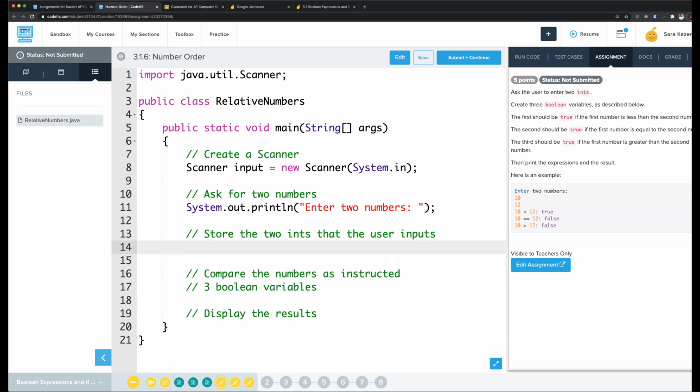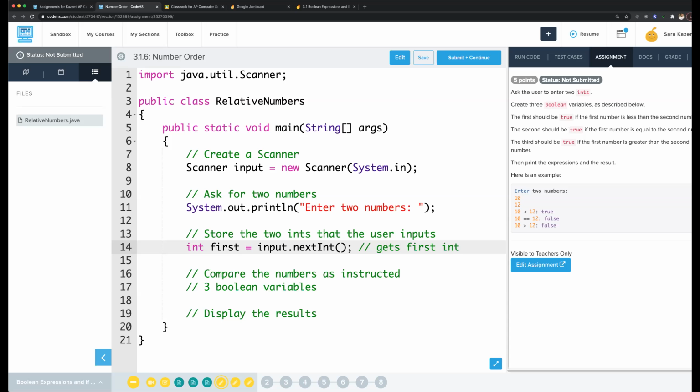Okay, so the first integer, let's just call it first. And I'm going to say that first is going to get the next int. Remember, I have to call that on my scanner object, so it's input.nextInt. So this gets the first number